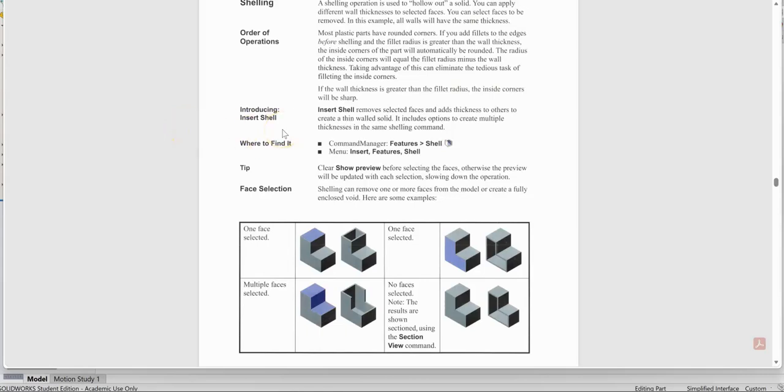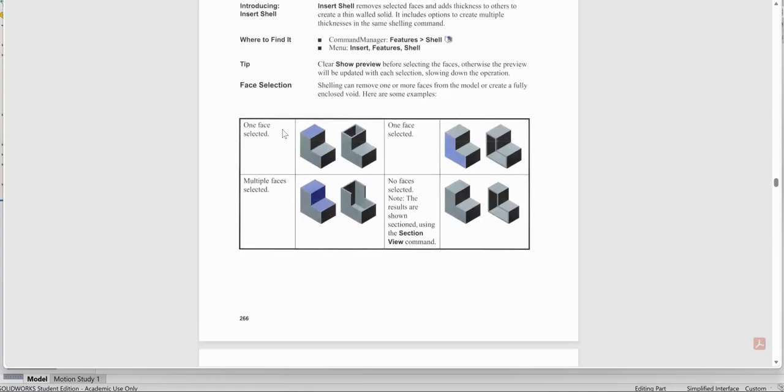All right, let's take a look at the shelling operation. Basically, this is going to be used to hollow out whatever solid we want by selecting certain faces. If we look down here, the book on page 266 shows some examples of what happens in this operation. In this first example, we select one face,